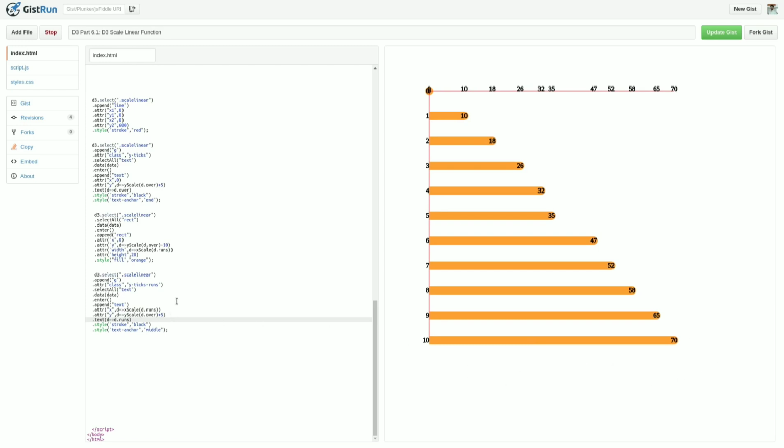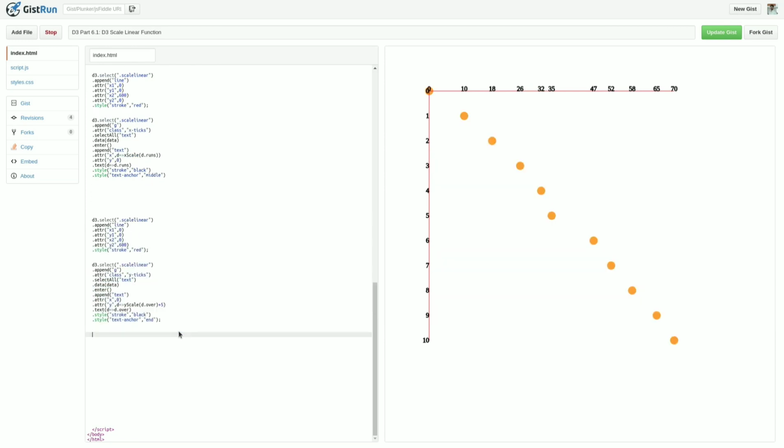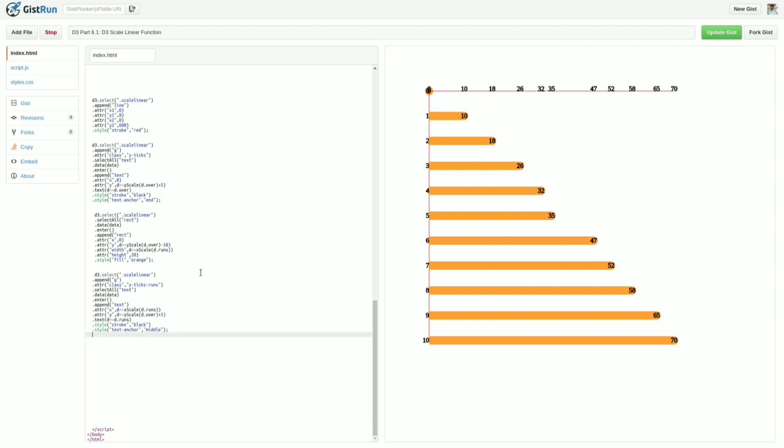So now you can easily see that if I remove this, your chart becomes the scatter. If I provide this one, your chart becomes the simple bar chart. So by this way, using the scale linear, you can draw the scatter plot chart, bar chart, etc.